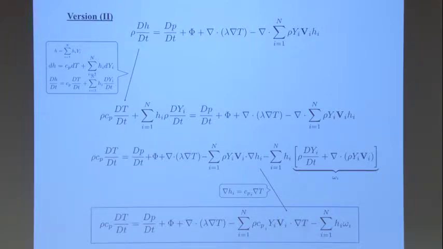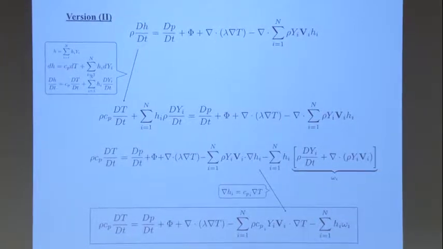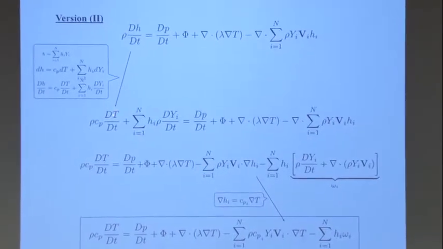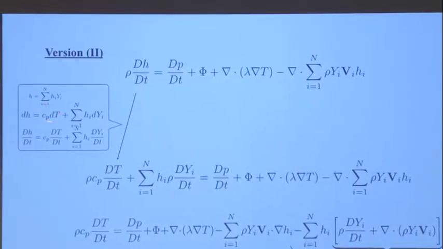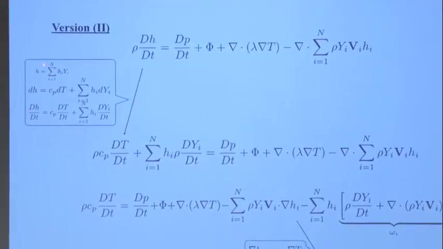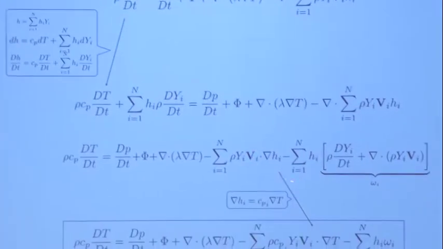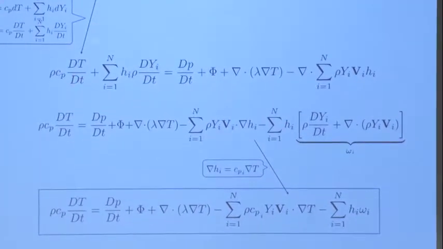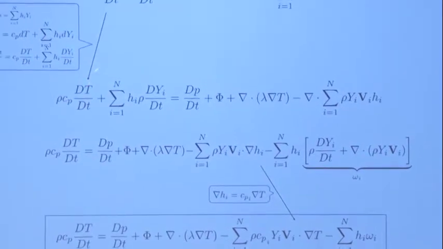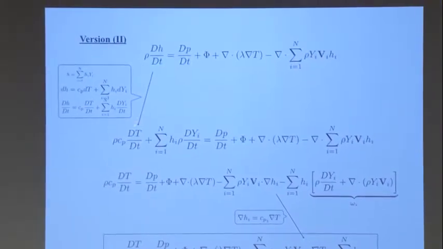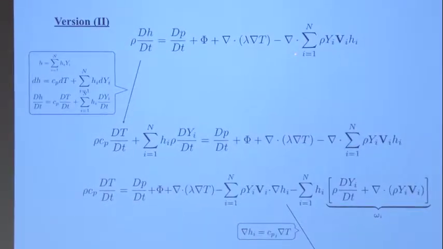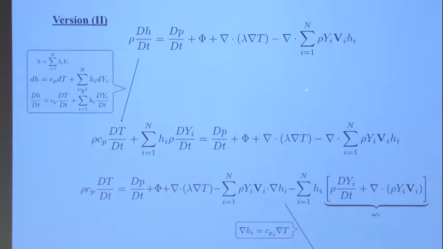And the way to come to this form is to express the enthalpy directly in terms of the temperature using one of the previous definitions of the total enthalpy H. And then through some of this manipulation, what you get is again